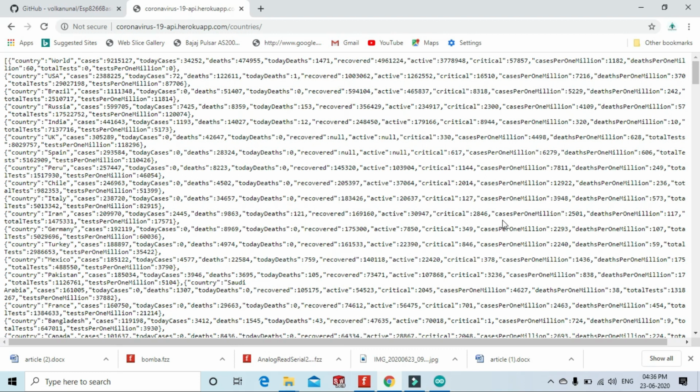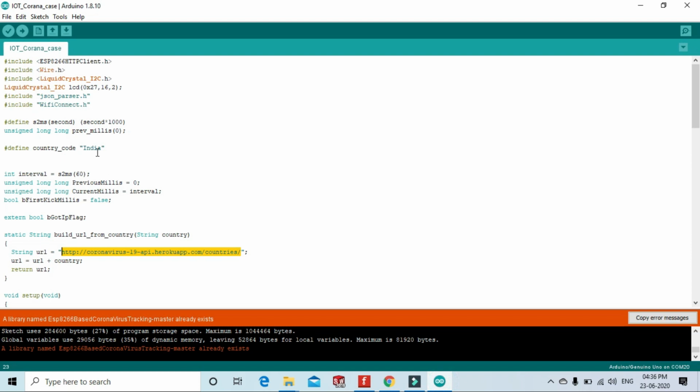Find your country: Control plus F and write your country. Copy this and paste it in the code. Here you paste the country.